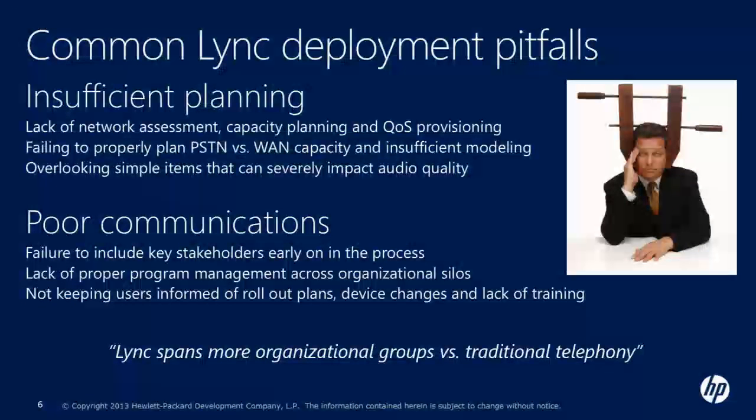And it's also as important to ask, are you just a USA deployment or are you a global deployment? WAN costs in the USA and EMEA are quite reasonable, but in some places like Africa, the WAN costs are very expensive, and the cost of migrating the PSTN traffic to the WAN may not make sense. But within the USA, for example, if you have a larger site with, say, 4 T1s coming in, reducing those T1s, you probably don't want to eliminate them because you want some survivability,